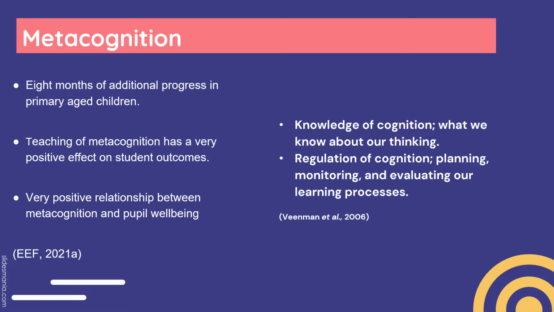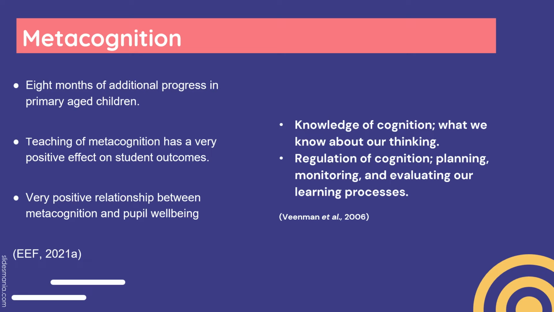Muijs and Bokhove found in a review of 246 studies that metacognition and self-regulating strategies led to 8 months of additional progress in primary-age children. Research conducted by Perry supports this finding, stating that effective teaching of metacognition has a very positive effect on student outcomes, adding that although there is less evidence, a very positive effect between metacognition and pupil well-being is present. Waller suggests this link could be due to the feelings of accomplishment pupils gain by overcoming challenges through the ongoing